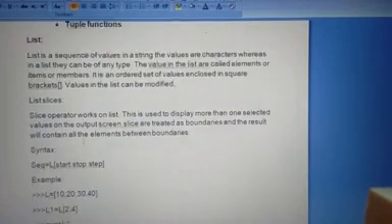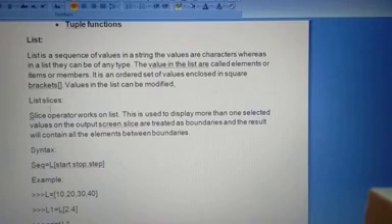Okay. First, what is a list? A list of items is called a list. A number of items, any item, can be stored in a list. A list is a sequence of values. In a string, the values are characters, whereas in a list they can be of any type. The values in a list are called elements, items or members. It is an ordered set of values enclosed in square brackets. The values in a list can be modified. For a list we use square brackets. That is important: square brackets mention the list.